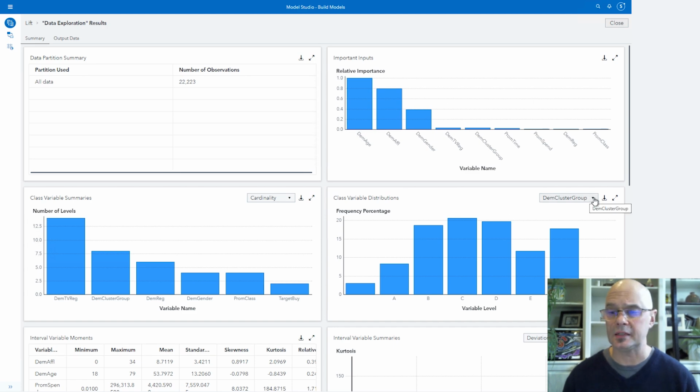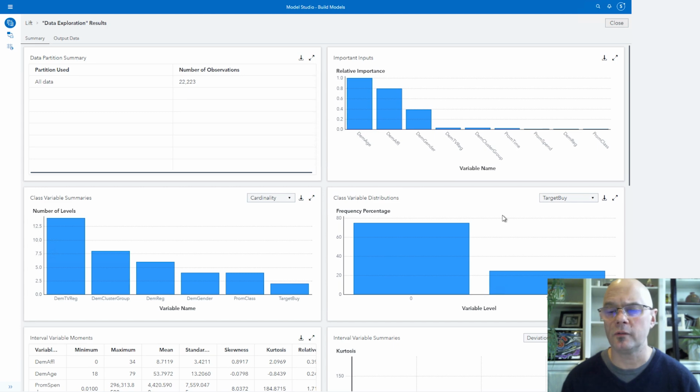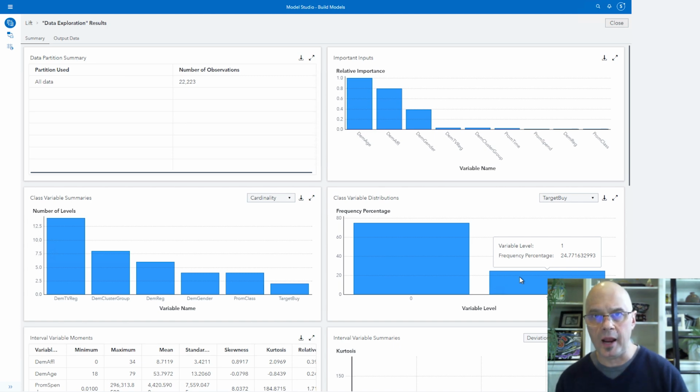Here it is on the right-hand side. I'll change the focus of the chart to be the target variable target by, and we see that the event rate is just under 25%. Again, remember, that's the constant value that's our denominator when we go from cumulative response to cumulative lift.